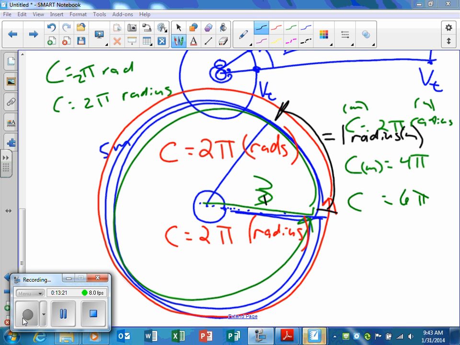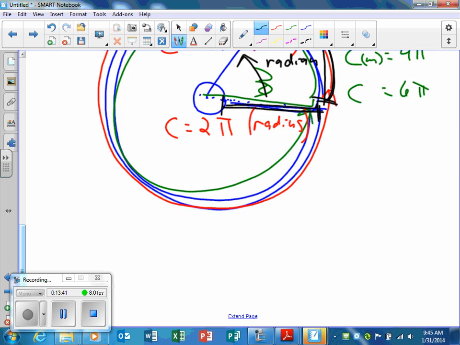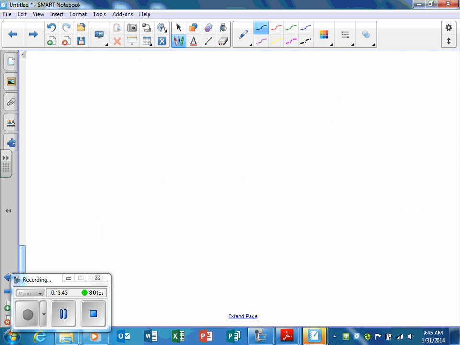1 radian. So if I sweep out 1 radian, in turn, my arc length in distance is equal to the radius. Okay? So, we're going to go on, because I need you guys to do something here. So I'm going to say right here,